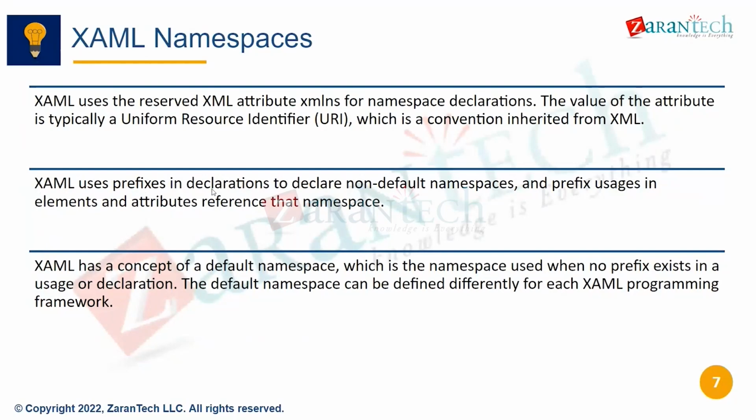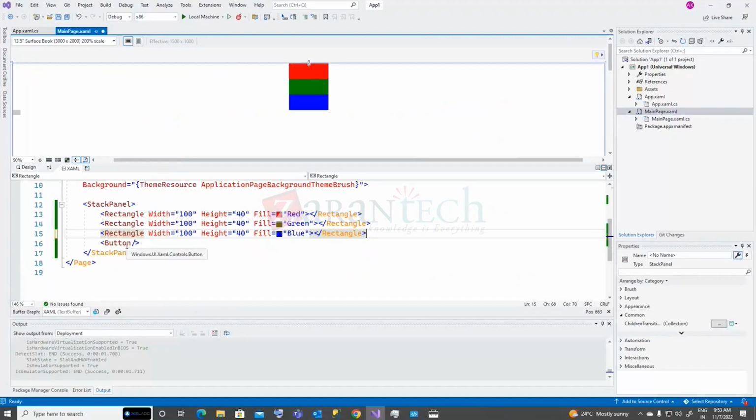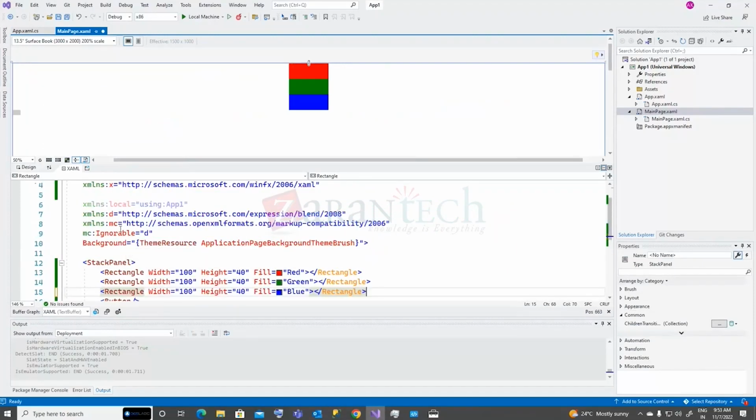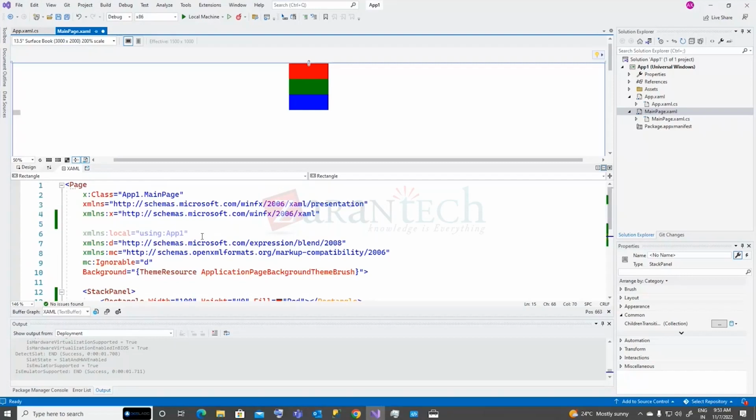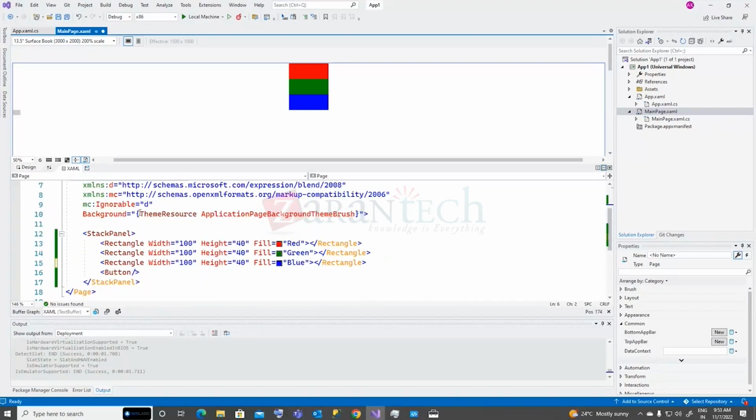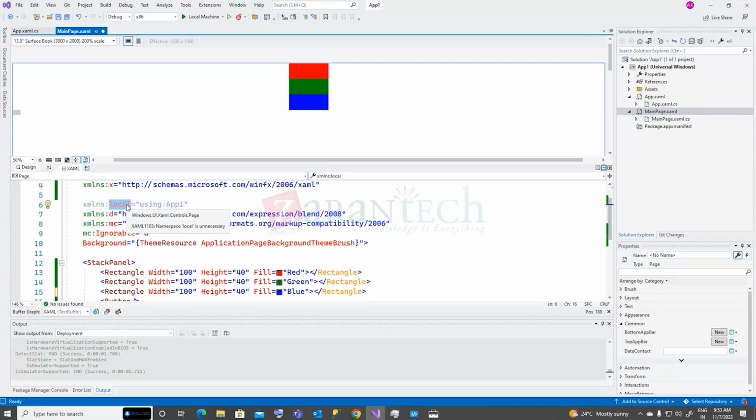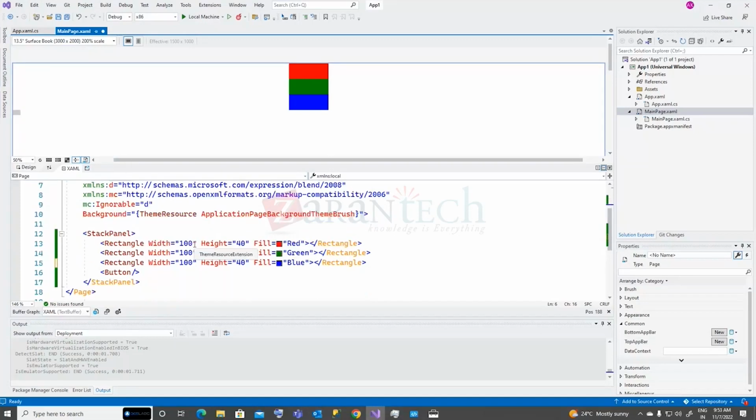Okay, XAML uses a prefix in declaration. Declaration of the default namespace and the prefix used in the element and attribute reference the namespace. So when you include a namespace, and you want to use those properties and capabilities in controls within this page, like